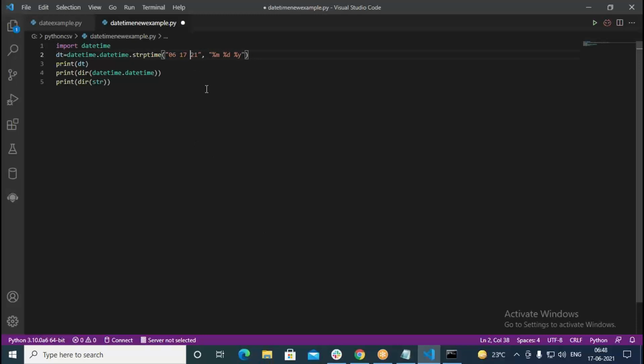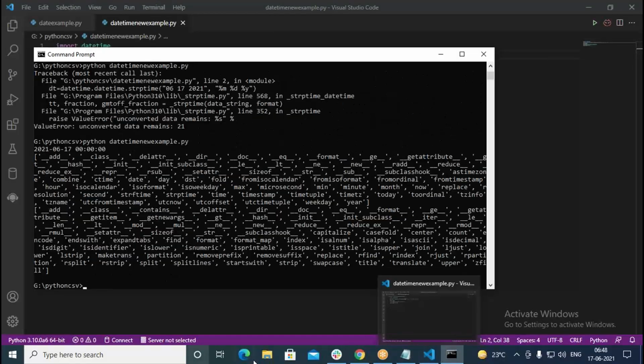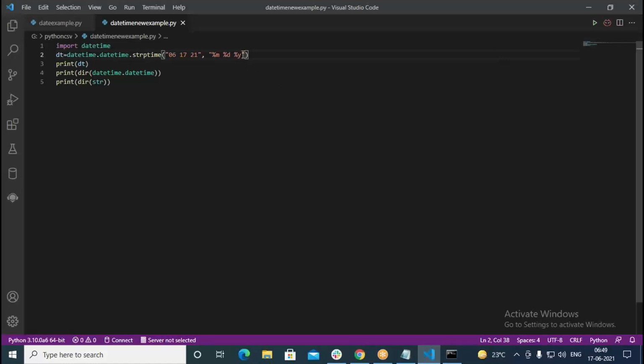Suppose you remove 20 now in this. Try to run this. So this time you may get, see, 2021 6/17. This time you are getting it because I have used lowercase y here. So lowercase y always gives you only the last two digits of the year.